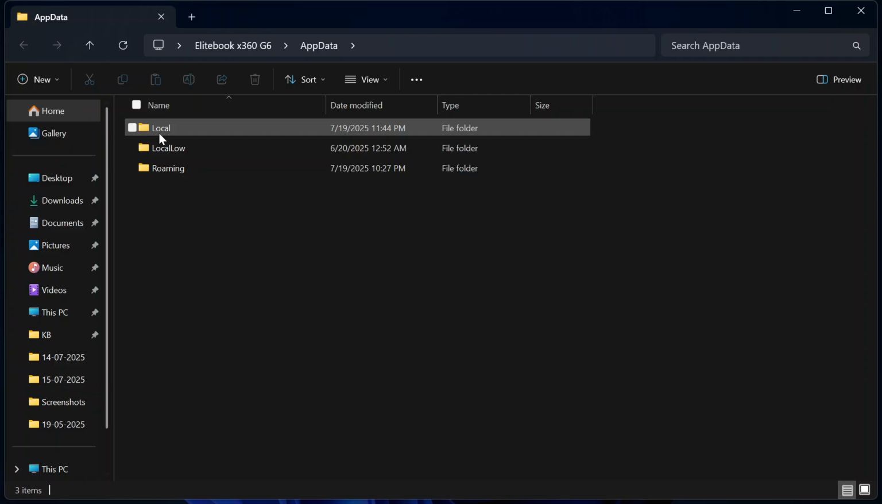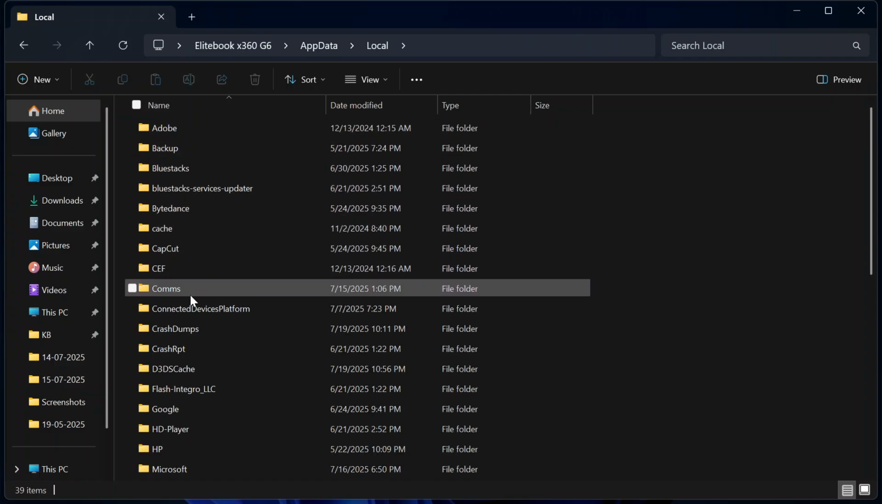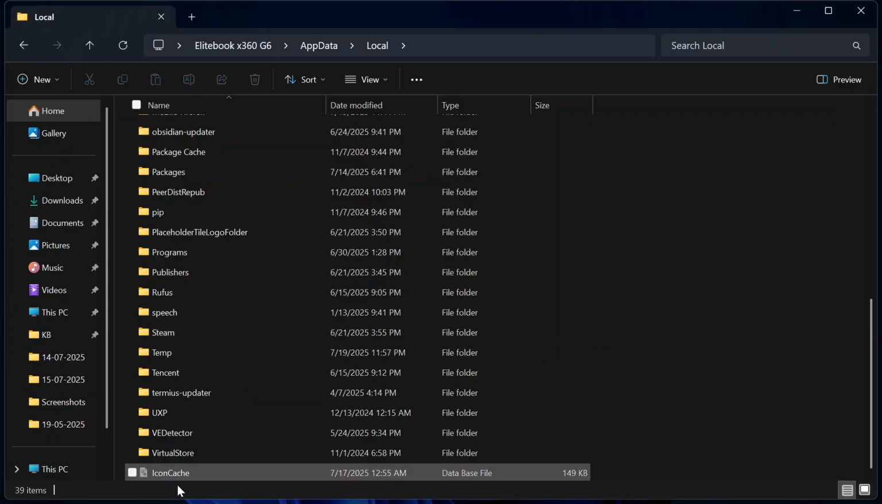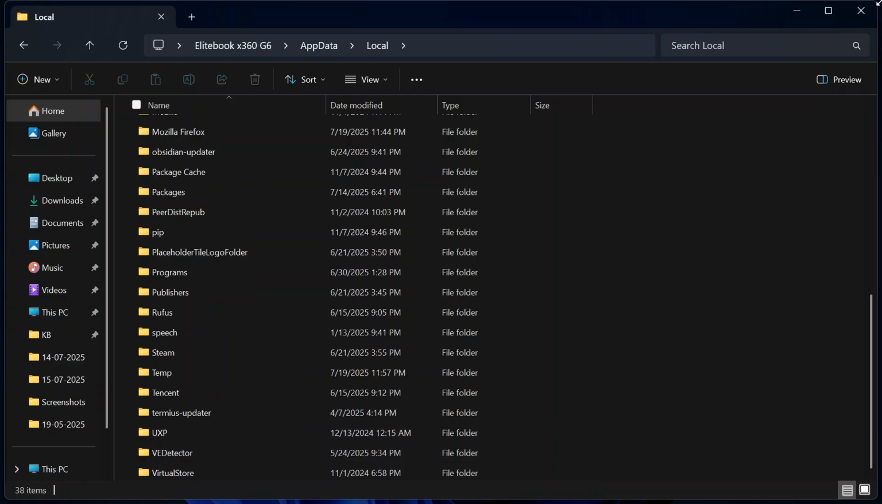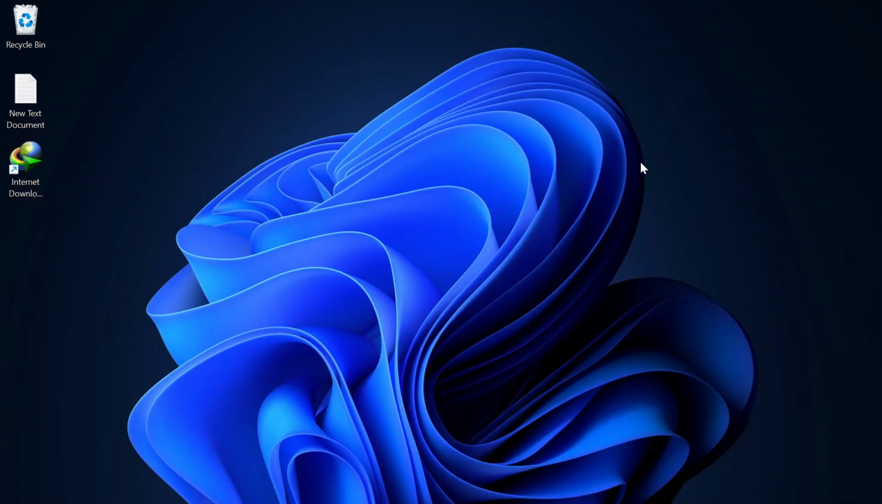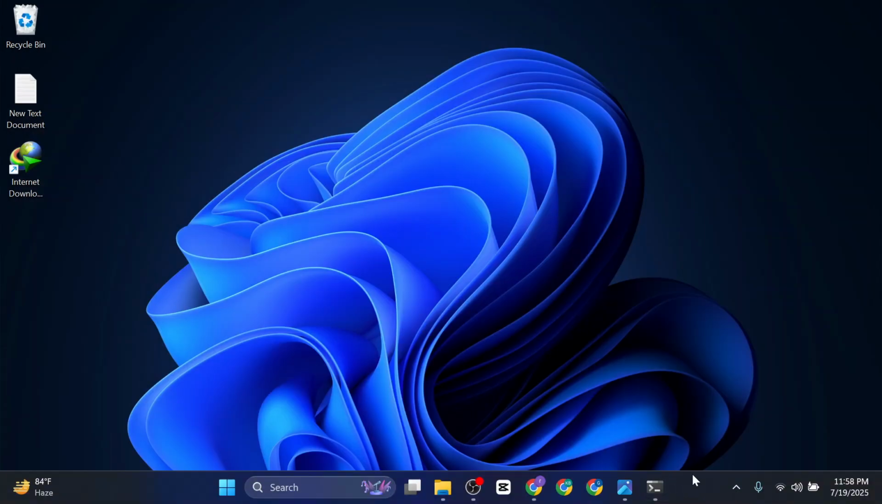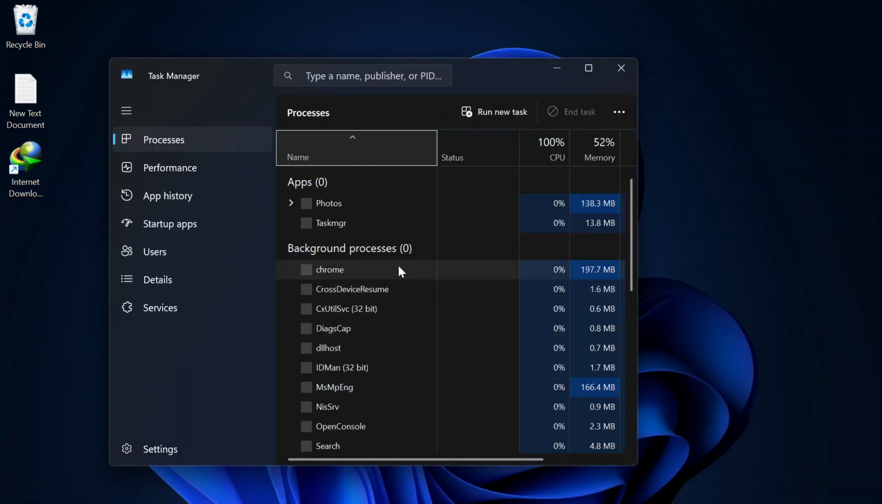After that, you have to go to the Local folder, and you just have to scroll down to the bottom. As you can see, the IconCache file is here. You just have to simply delete this file and close the window. Then you just have to go to your Task Manager and look for